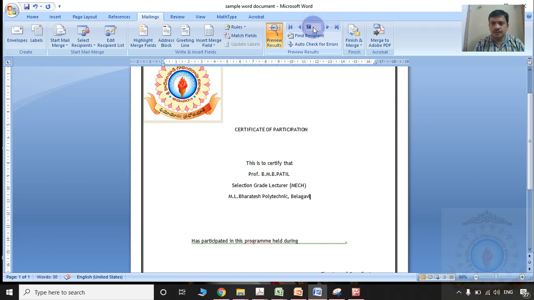So nearly some 156 fields are there in that Excel sheet: name of the faculty, their designation, their working place. So simply we can change all the fields with the help of the mailings option.